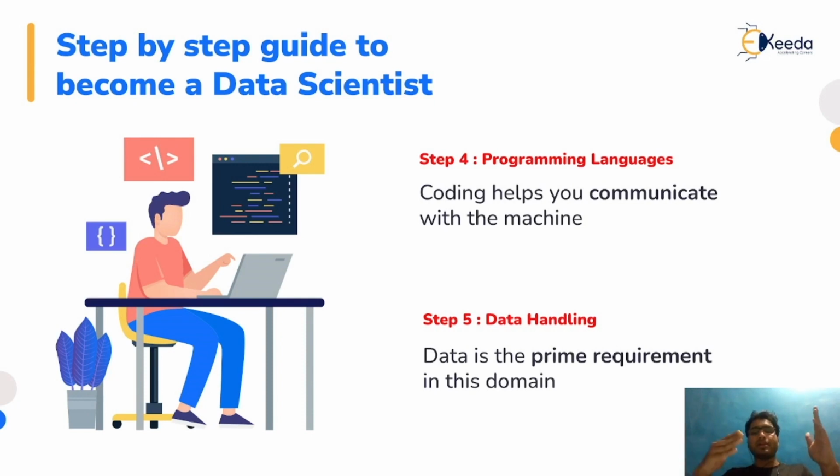Whatever you have learned in mathematics, statistics or machine learning, you should now be able to code it in proper format, so that machines can understand what you want to do. Basically, coding helps you to communicate with the machine. Similar to how we speak to each other in simple English, I am explaining these things in plain English so that you understand. Similarly, computers and laptops also have their own language, via which we want to instruct them to do a particular task.